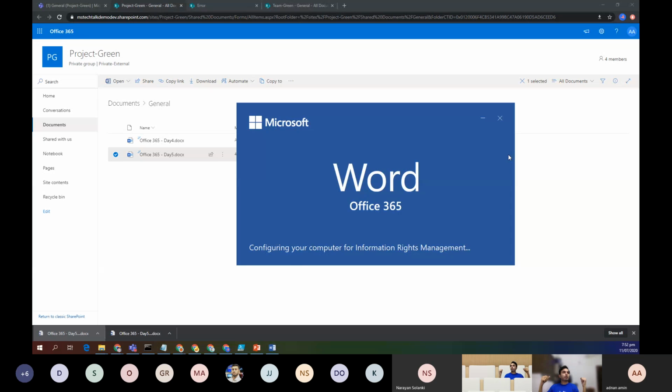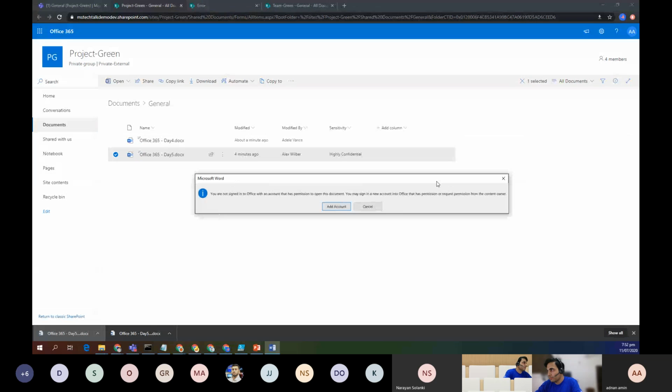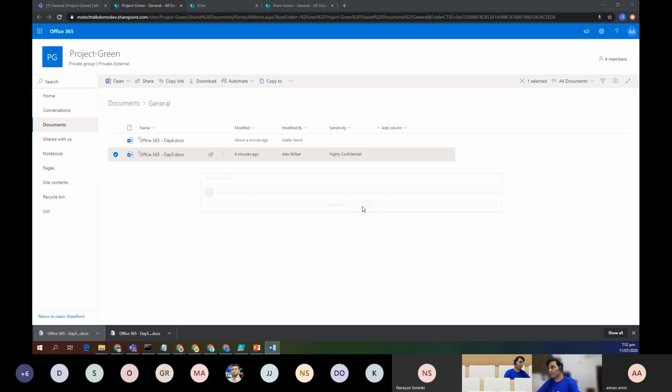Because I am an external user outside the organization and I'm trying to access that document, it's giving me this error message that you need to switch the account because you are not the relevant account. And if I had also created the sensitivity label for managed and unmanaged devices, then I would not be allowed to open that document on my local machine. And similarly, if I try to download this one,